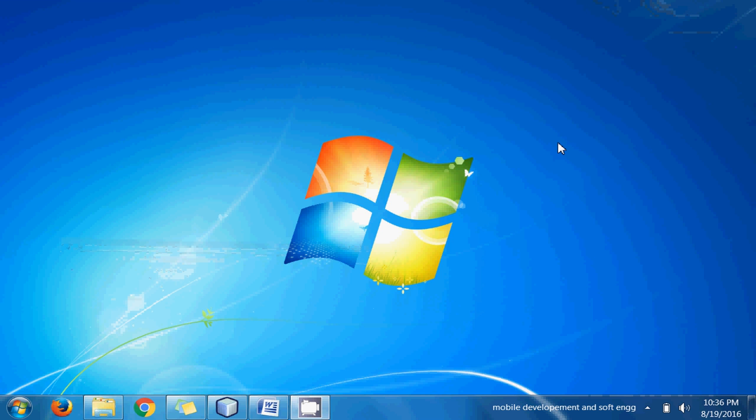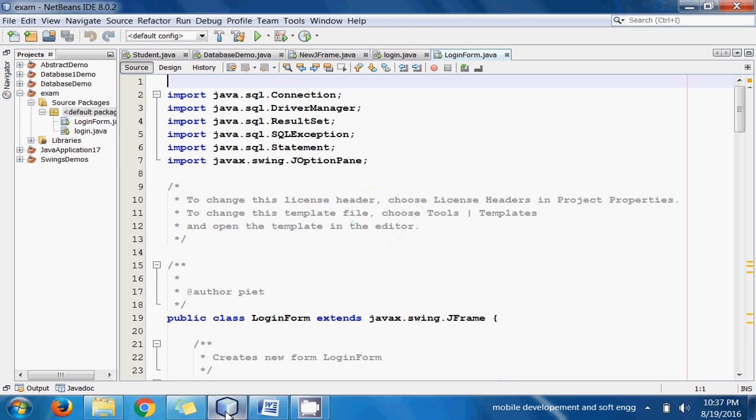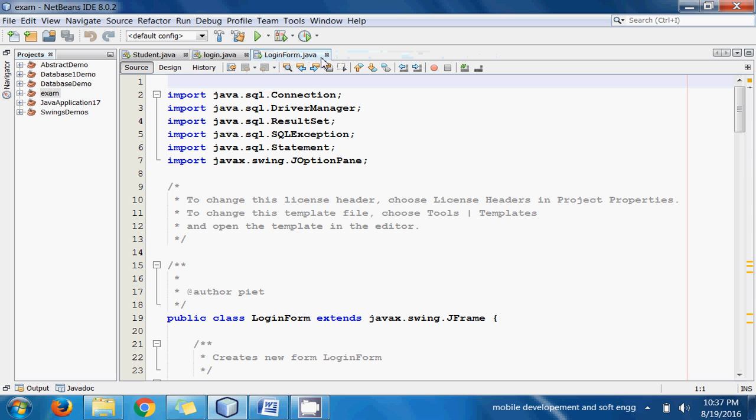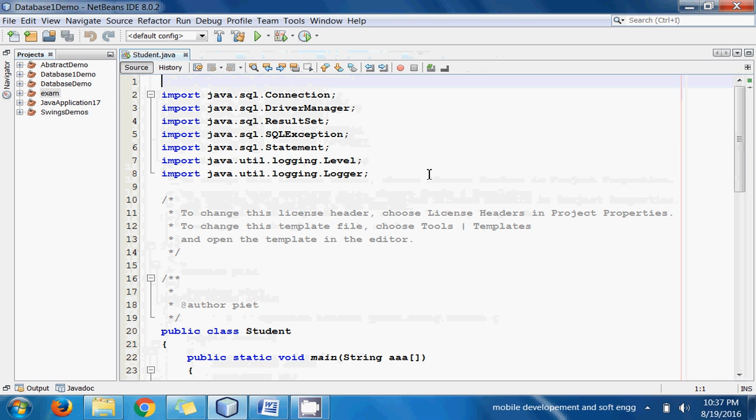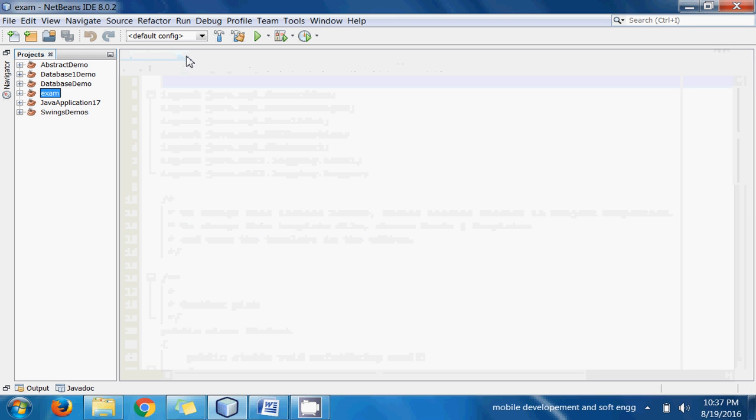Hello friends, today I'll teach you how to do database connectivity, and for this connectivity we'll be using Oracle as backend and Java as frontend. So you all know that for making a connection